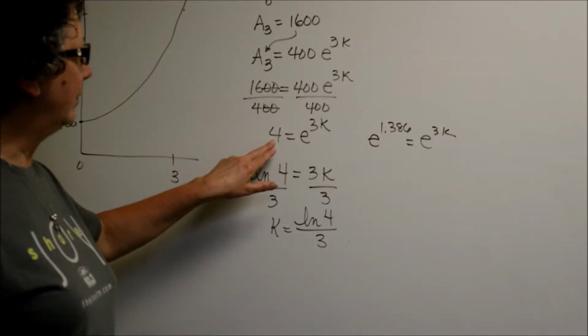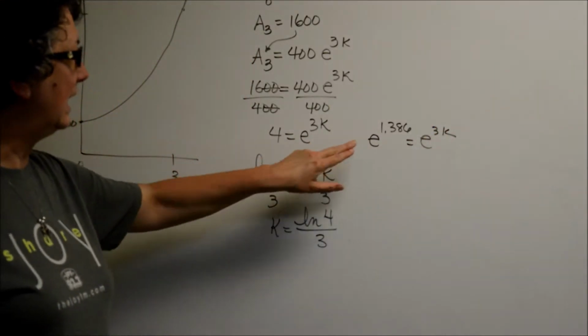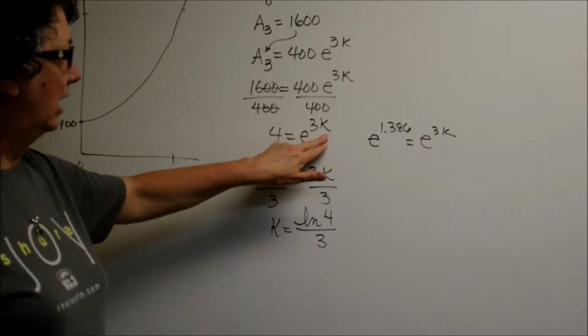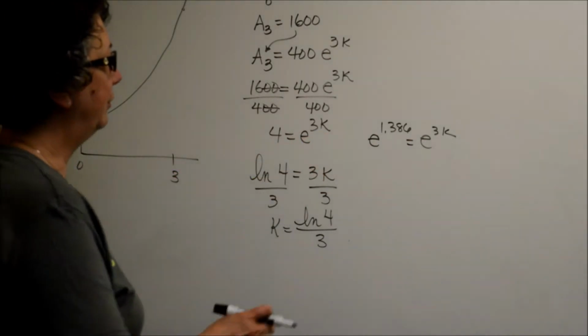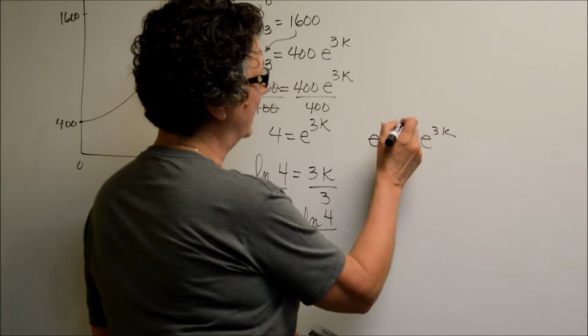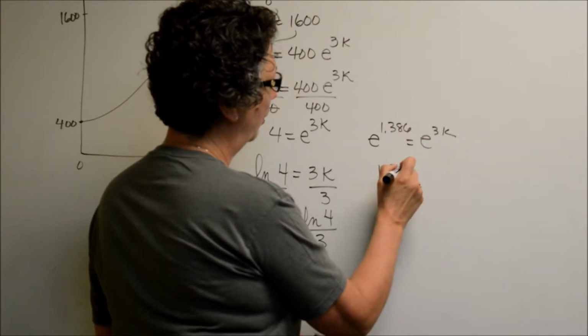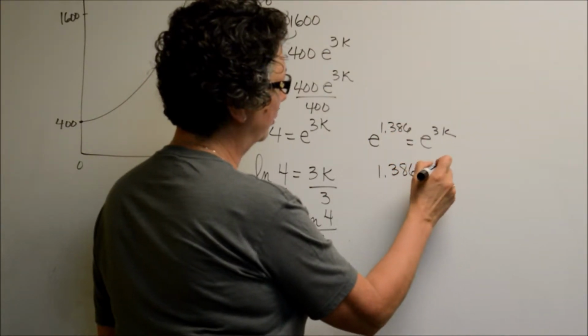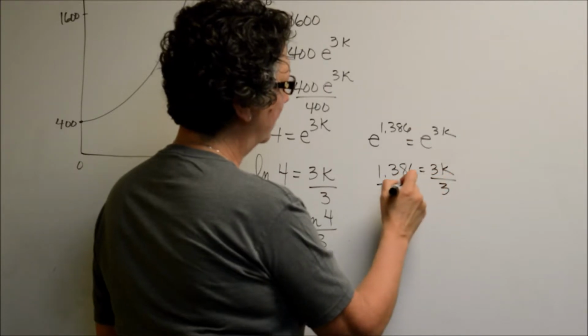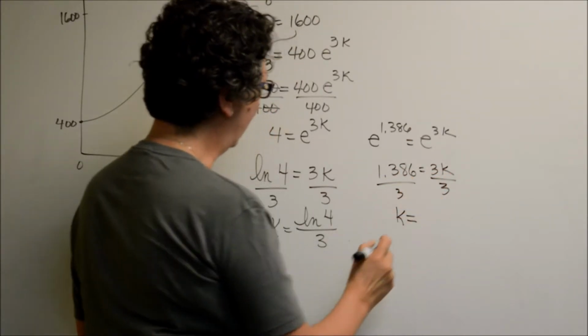So I have rewritten 4 with a base e, and I already had e to the 3k. So if the bases are the same, then those exponents have to be the same. 1.386 has to equal 3k. Divide by 3. k is equal to